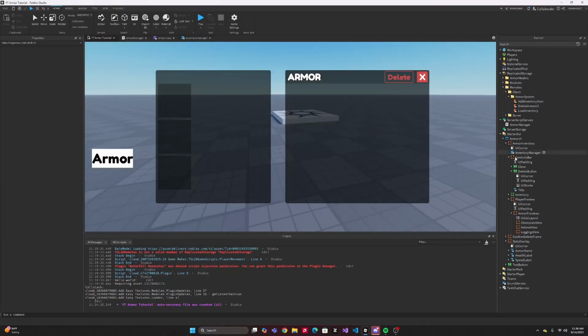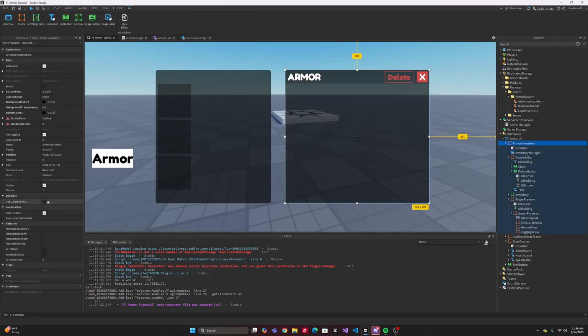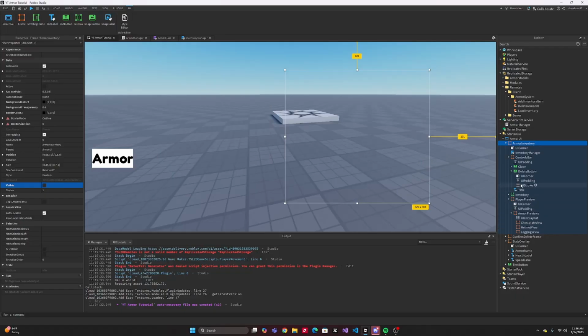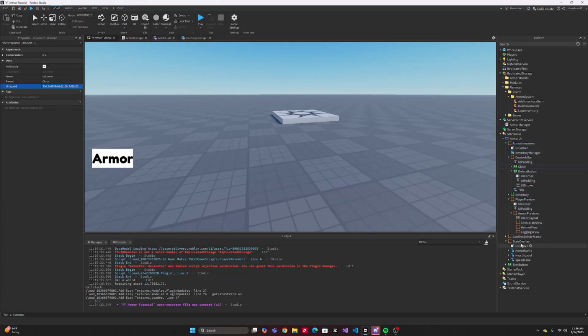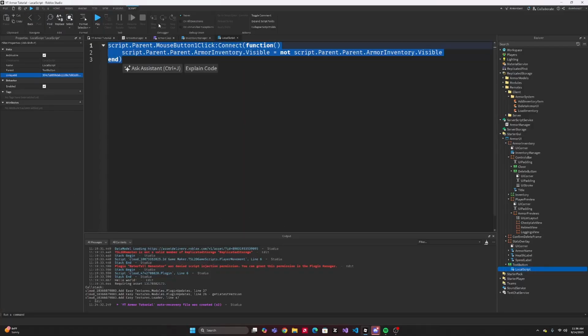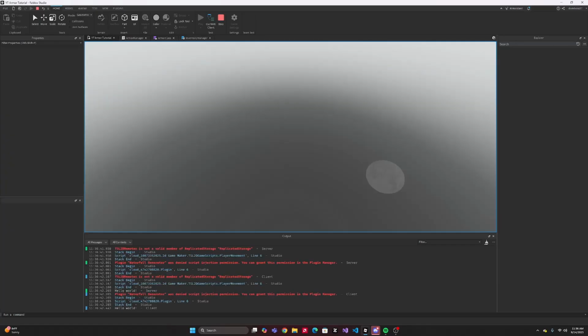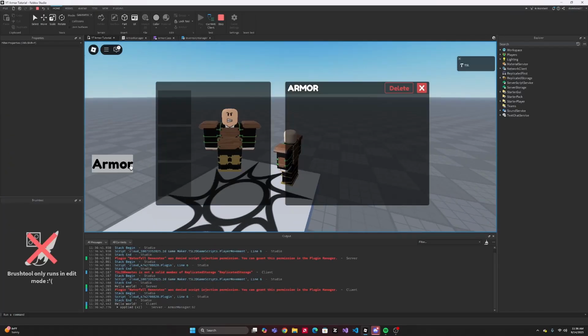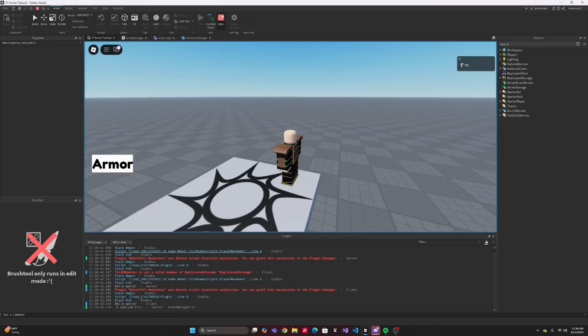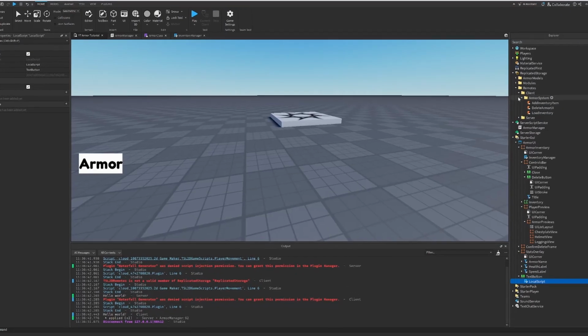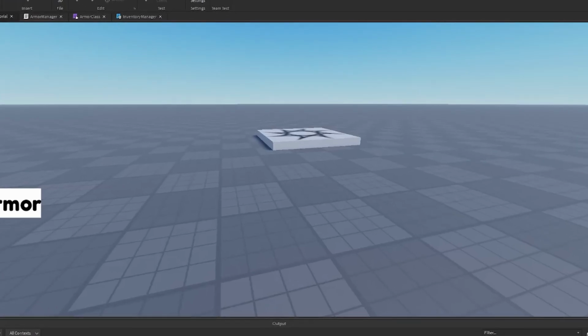So now with everything set, if we go ahead and close this, also real quick, if you guys don't remember from the last video, I told you to just have this little text button toggle, and it's just a very simple script, just a toggle. Now if we go ahead and play this, then you can see my player preview shows up, but nothing else actually shows up, and that's because now what we have to do is go back into our